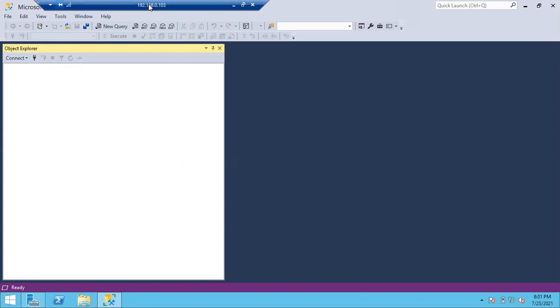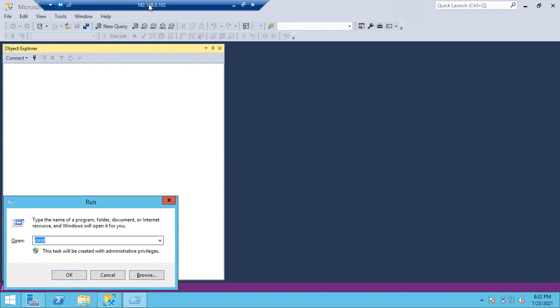Sometimes while patching you may have to restart the server. As a DBA we restart the servers only with proper approvals and within the proper downtime activity window. But we never ever shut down any server in the organization. So once your work is completed, what do you have to do? Simply press Windows R and type logoff.